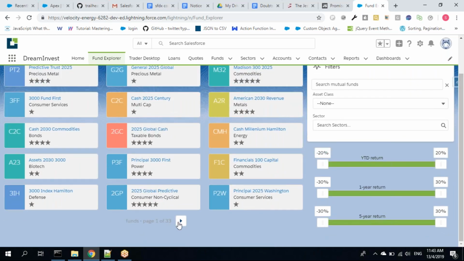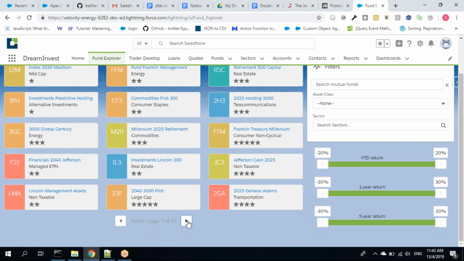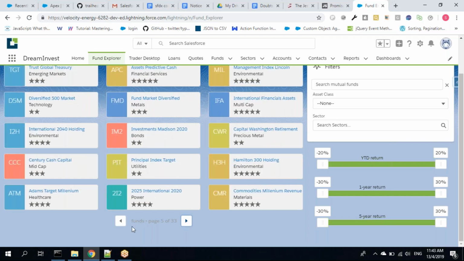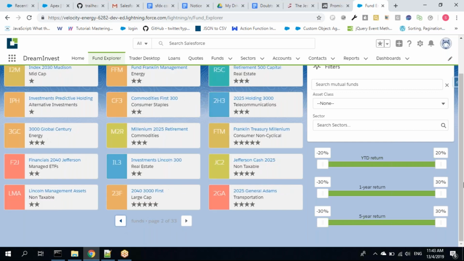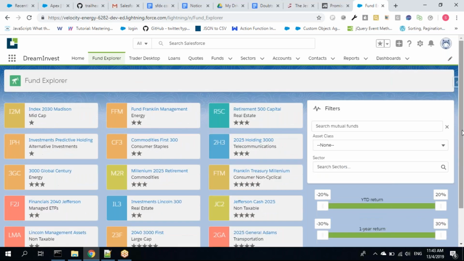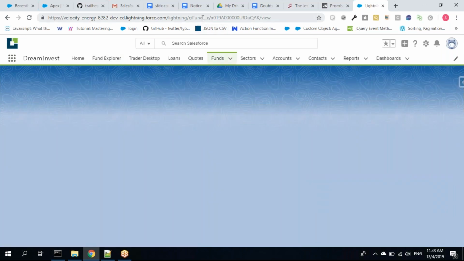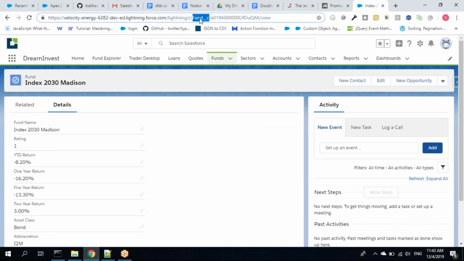So overall, 33 pages are there here. They might have implemented this pagination concept as well. The next thing we can observe here is this is the first tab. If I click here, they might have used the navigation mixin, navigation module. Whenever I click here, it redirects me to a custom object called fund underscore underscore c and to that particular